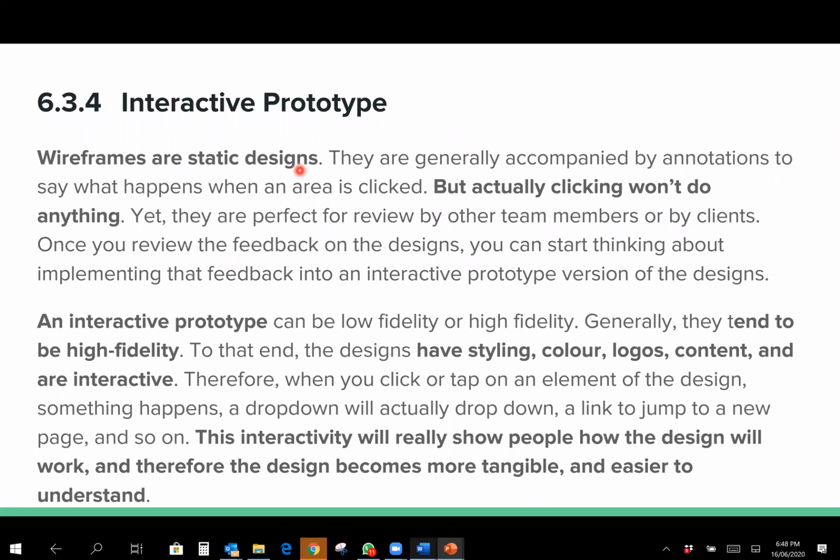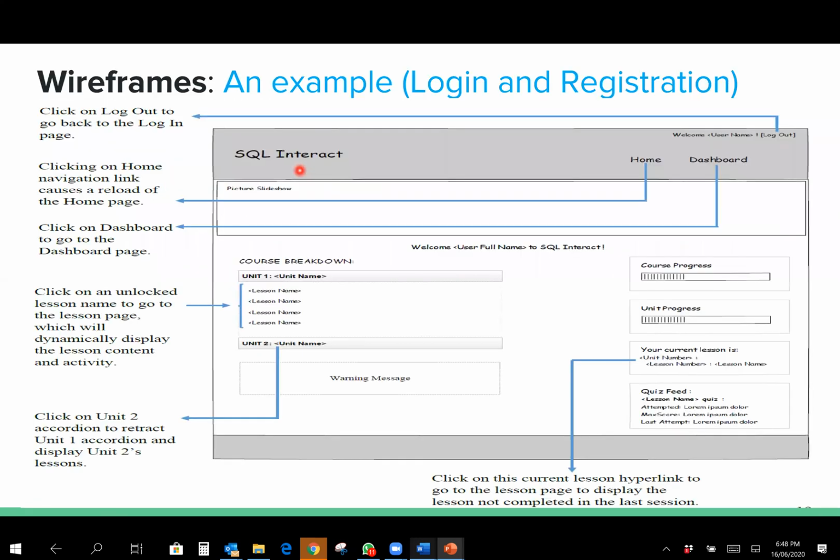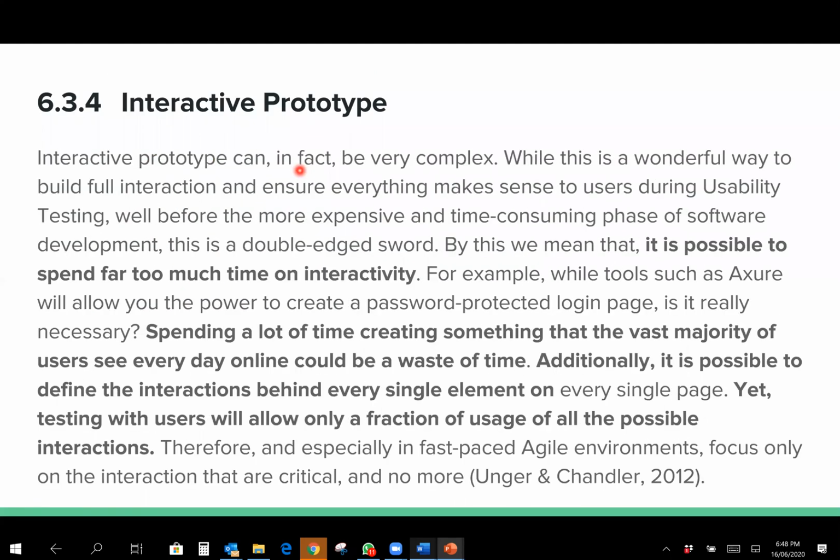Now, apart from the wireframes, I added this interactive prototype. If any of you have done the UXD module, I don't think any of you have, right? Or maybe one or two of you only. If you did the user experience design module, you would have done interactive prototypes. What an interactive prototype is, it's this same low-level prototype. There's software such as Balsamiq or Axure you could use to develop